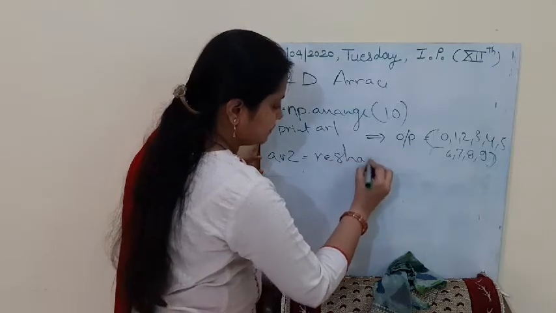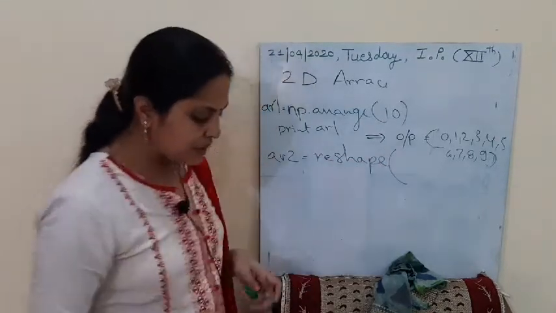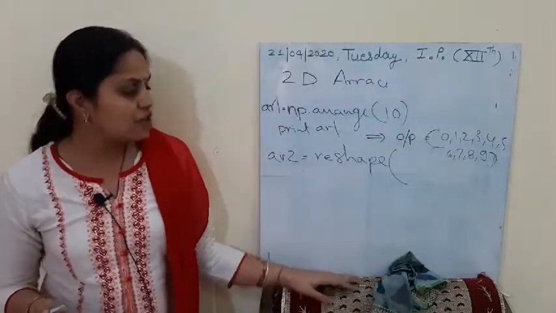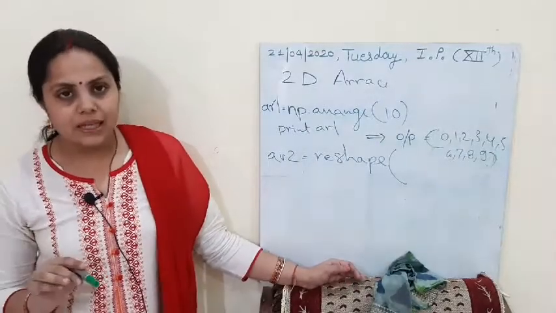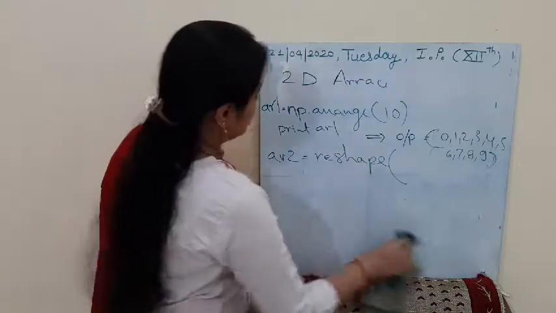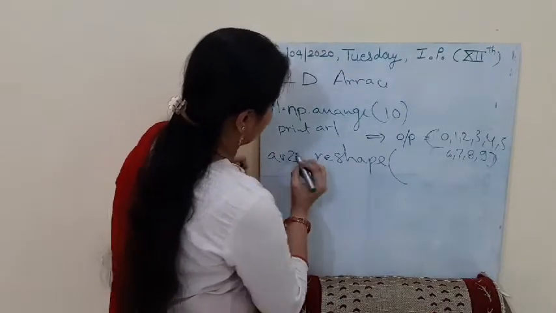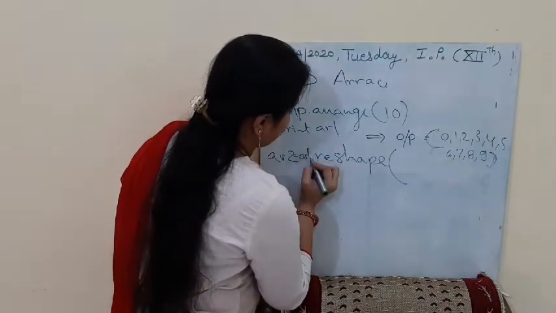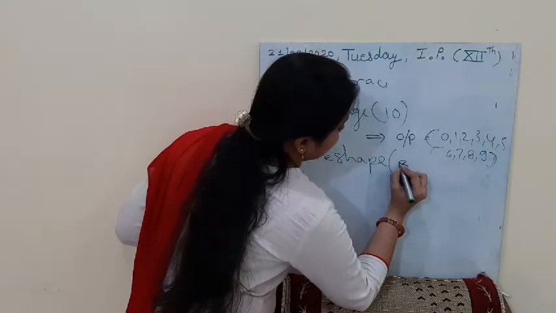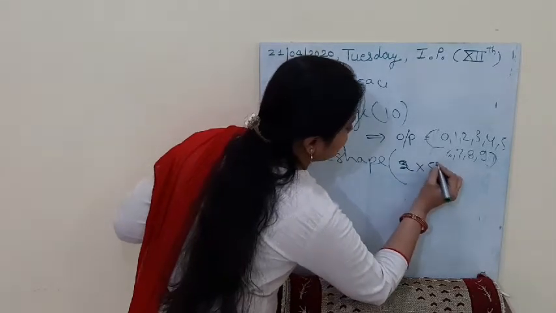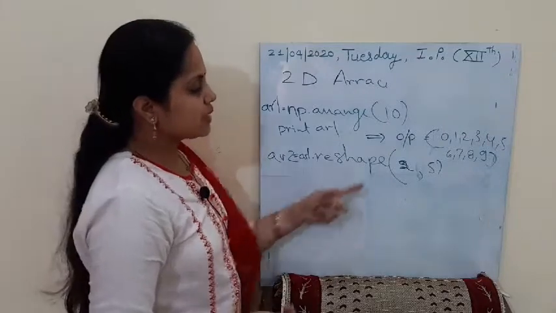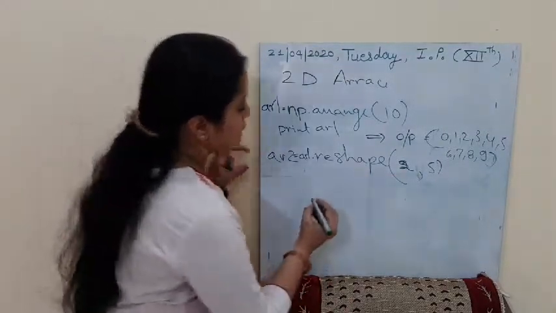reshape. Now, what are the arguments we need with the reshape function? We will be using the reshape function along with the array, and then we will be using the, I should say, the declaration. So this is equal to AR1 dot reshape 2 cross 5. Here 2 comma 5. So what will it do? It will create 2 rows with 5 columns, and your output will be